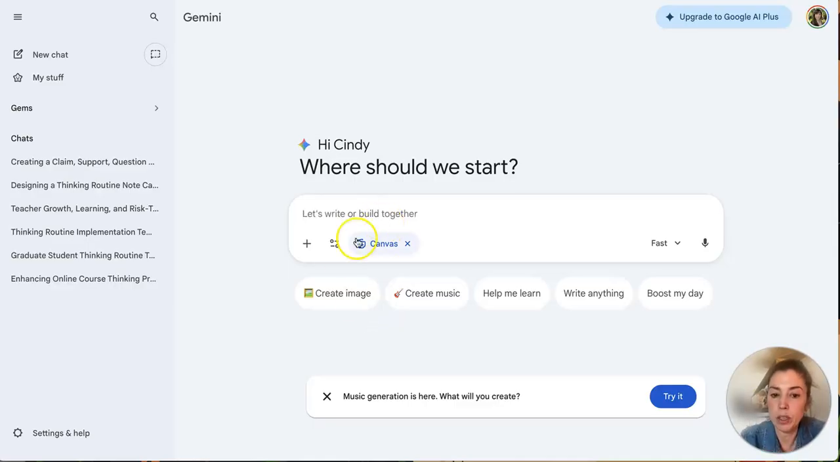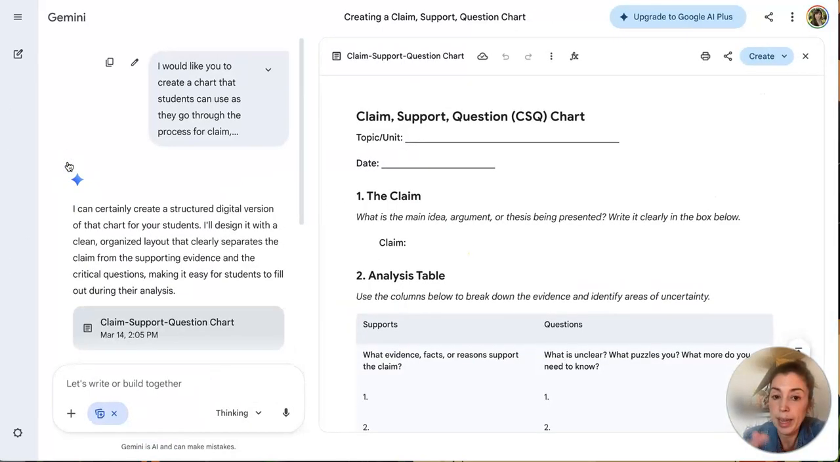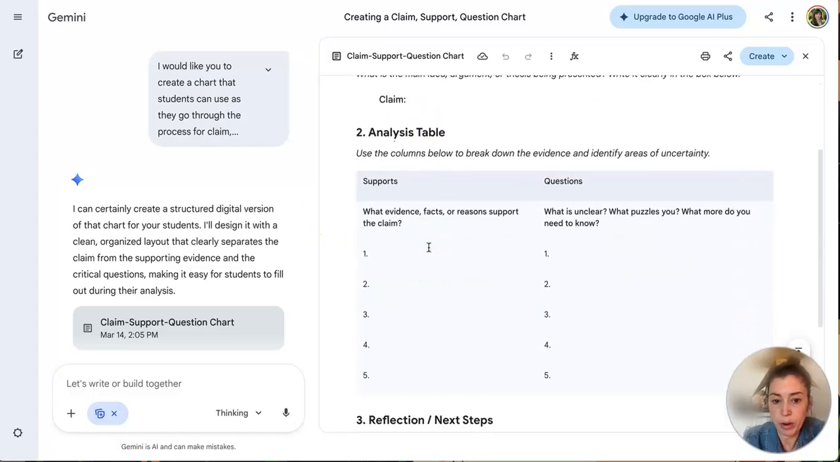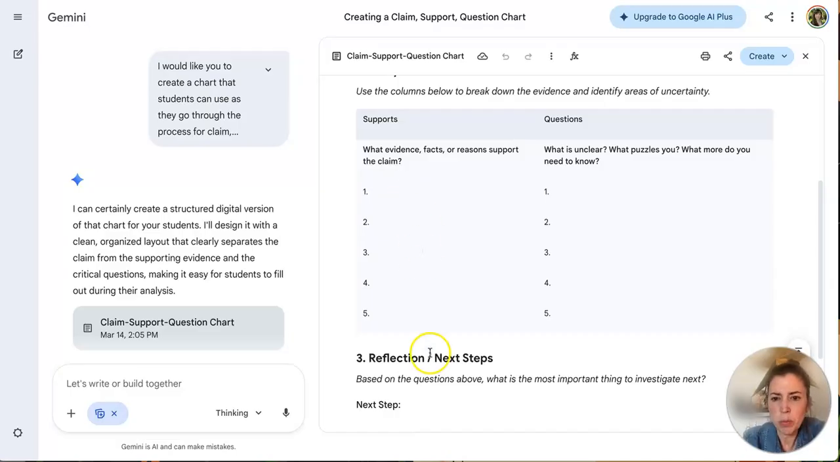So you hit Canvas, and once you have that in there, then you go ahead and you enter in your prompt, whatever it may be. So I got this, and this is what it created for me. Now, if I didn't like this and I wanted to change some things about it, like the supports and the questions, I might want it instead of columns. Maybe I want supports first and then questions underneath, or maybe I want there to be fewer spaces for questions,